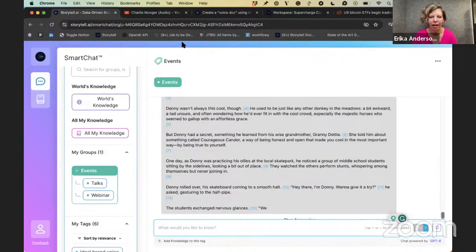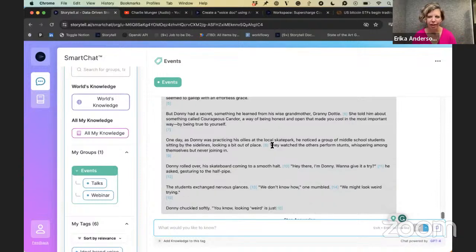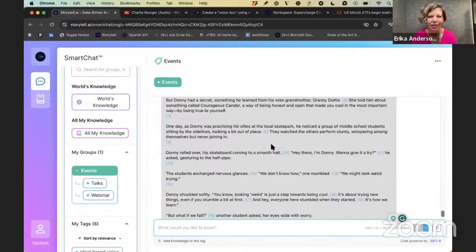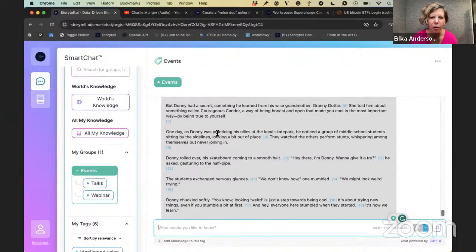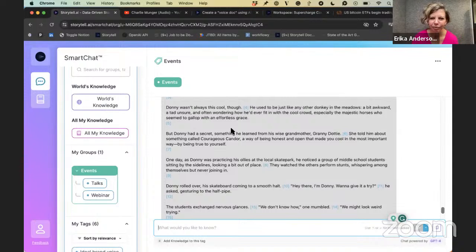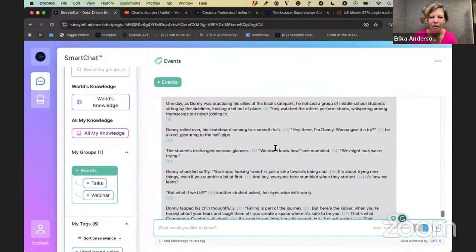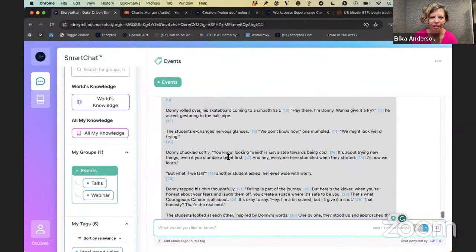This is where I think the footnotes are probably not as important. Okay, so ollies, interesting. I don't even know what an ollie is. Oh, ollie's right. Clearly not a skater here. So his wise grandmother, that's me, told him about courageous candor. Okay, we don't know how we might look weird trying.